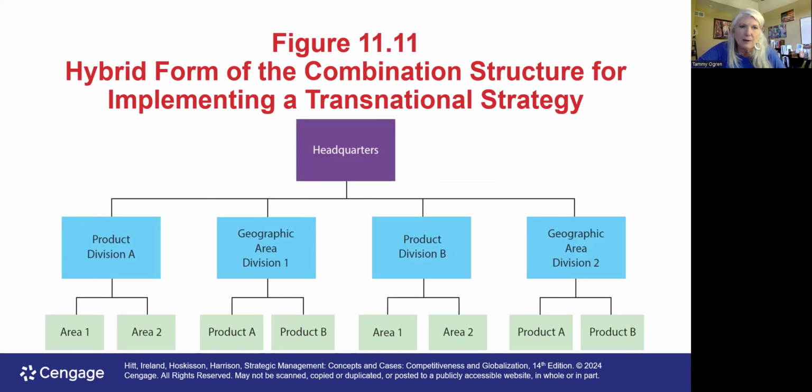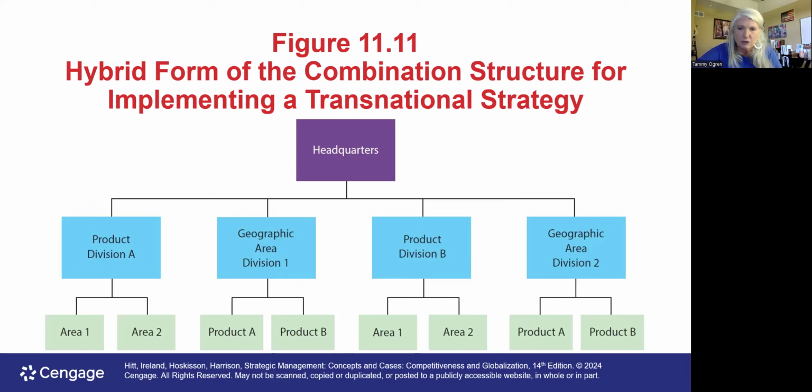So now let's talk about the hybrid form of combination structure for implementing transnational strategies. If you remember, the transnational strategy calls for the firm to combine the multi-domestic strategy's local responsiveness with the global strategy's efficiencies. The combination structure is used to implement transnational strategies. So what does this mean? The combination structure is a structure drawing characteristics and mechanisms from both the worldwide product and geographic area structures